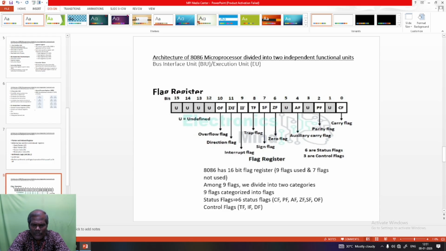The 6 status flags are CF, carry flag; PF, parity flag; AF, auxiliary carry flag; ZF, zero flag; SF, sign flag; and OF, overflow flag.